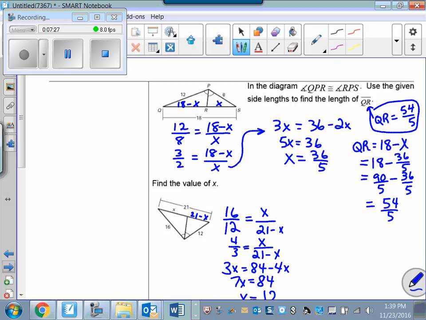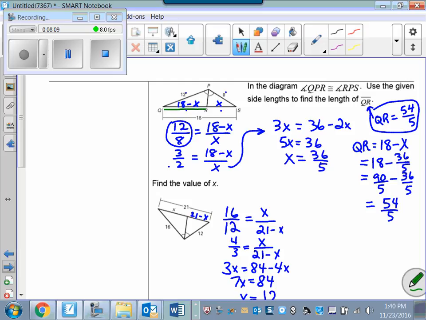Okay, so when we go to the next one, we have the triangle angle bisector theorem. So once again, set up my proportion. I know that 12 is to 8 as this part is to this part. So I have my proportion there, and I simplified 12/8. 4 goes into 12 3 times, 4 goes into 8 2 times. Then I took the cross product, and once again I did not get a nice sweet answer like I would have hoped for. I got x is 36/5,